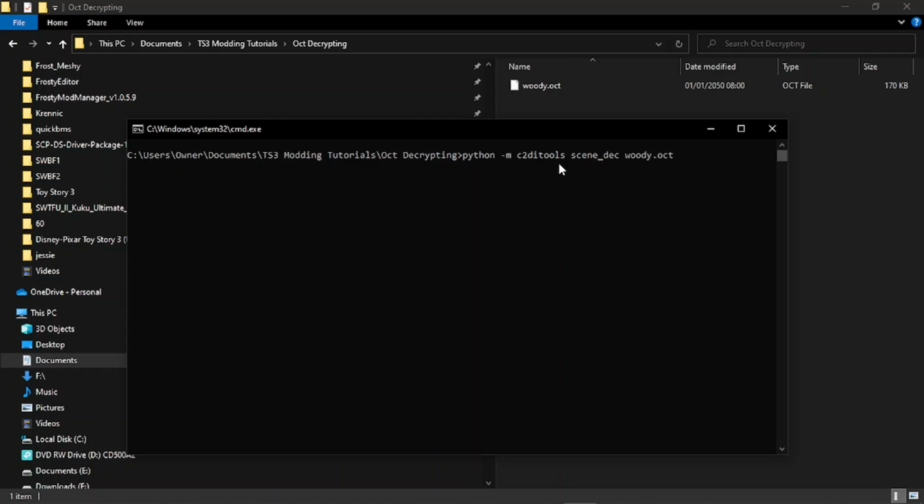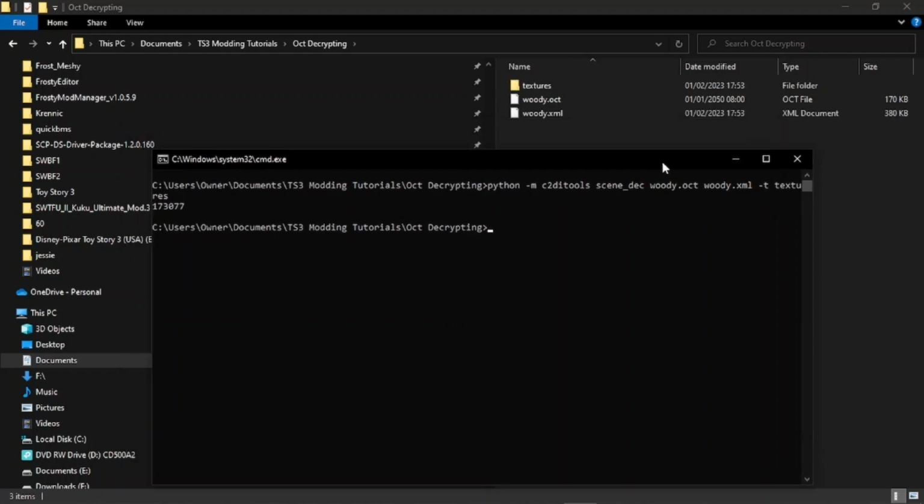Obviously, I can just press tab to autofill because it's the only file in there. And then you want to put Woody.xml. Of course, it could be any character. If it's Buzz, you'd put Buzz.oct, Buzz.xml. But for this case, it's Woody. Now you're going to name a texture folder. So you can just put Woody, which is probably the best thing to do, or you could just put, for example, textures. It literally doesn't matter. For the case of this tutorial, I'm going to put textures, hit enter,